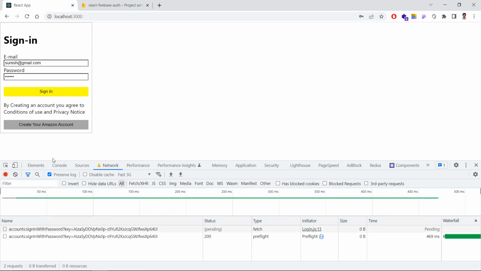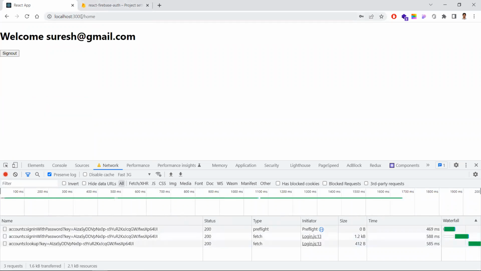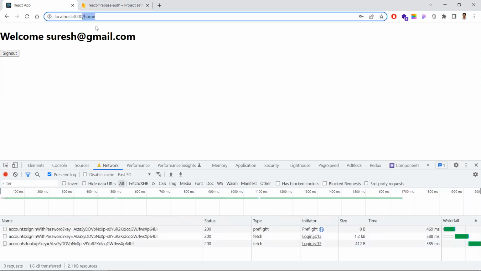As soon as I sign in, once the authentication is successful, see, it was routed back to the home page. Likewise, you can route to the dashboard page or any other page when you have successfully logged in. So this is a simple way, with simple methods, we can create the authentication for the React project